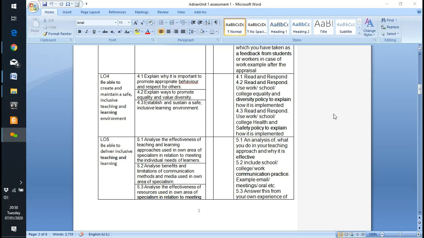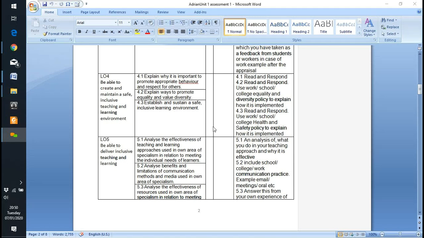You'll need to do a number of teaching observations or records with someone in your establishment during the course, and some of that will cover some of these command words where it says establish and sustain a safe, inclusive learning environment. Now, you can't really write about something that says establish. You've got to show that you've done it, and the best way of that is to capture that on the